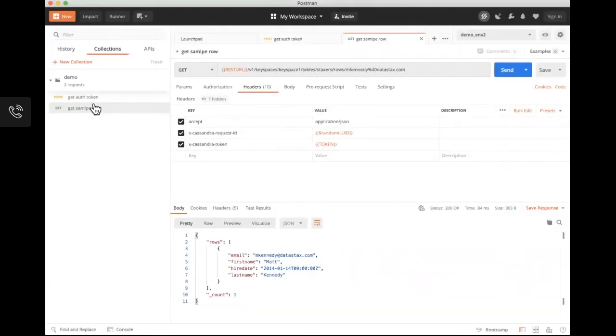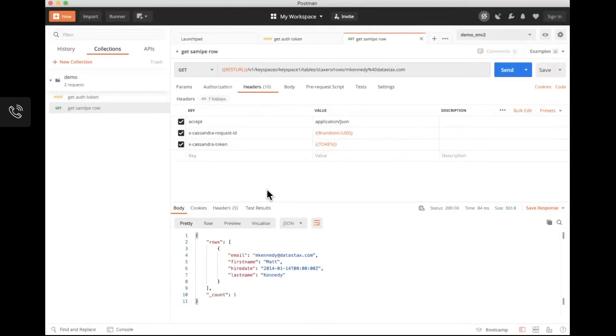So this is how I create a collection of requests for a particular REST endpoint. I can switch between environments, and I can use that to change URLs or parameters or usernames. And now I have this nice little REST toolkit that I can use to also hit my Astra REST endpoints.